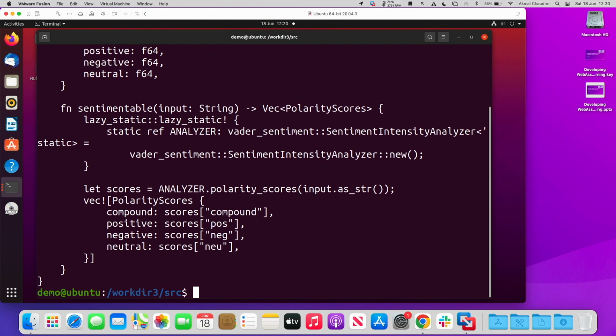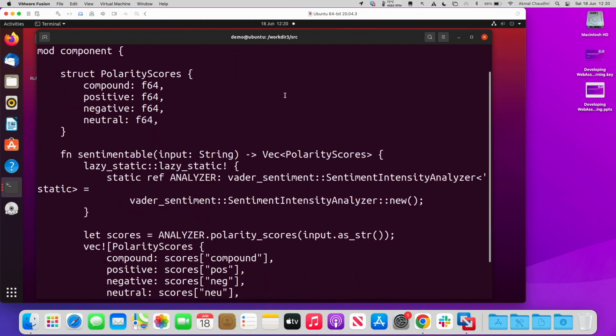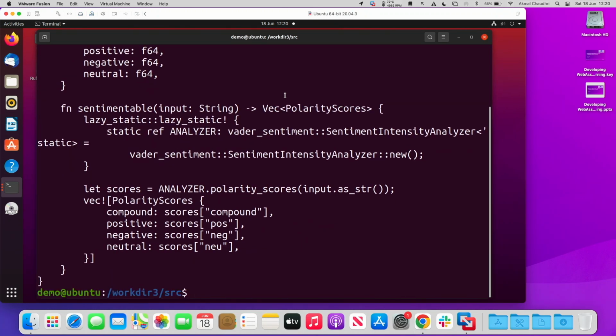Okay, now here, as you can see, there's quite a bit more code involved, but it's not too bad. There's not a huge amount. So the polarity scores there, so there's the implementation. And if you look at the code carefully, you can see we've got this sentiment intensity analyzer. So this is basically just utilizing something that somebody else has written. We're not having to implement that ourselves. We're just calling that as part of this environment, and then we're just getting these results back, okay? It's as simple as that. So once this is done,